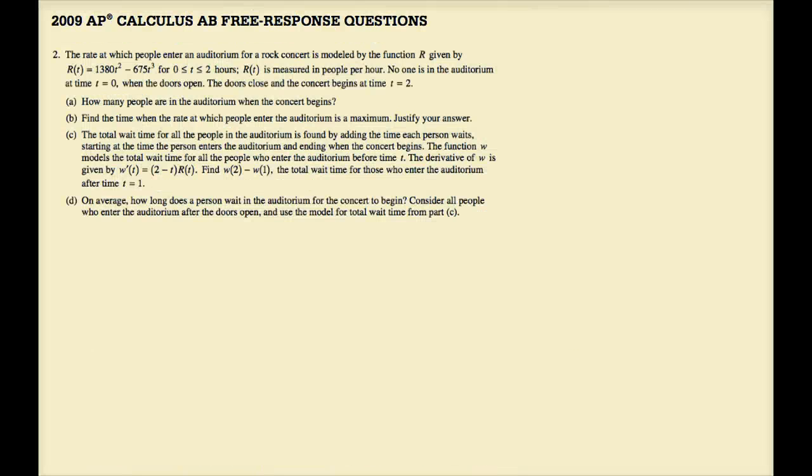Here's an example from the 2009 exam. It's on the calculator-allowed section of the exam. The rate at which